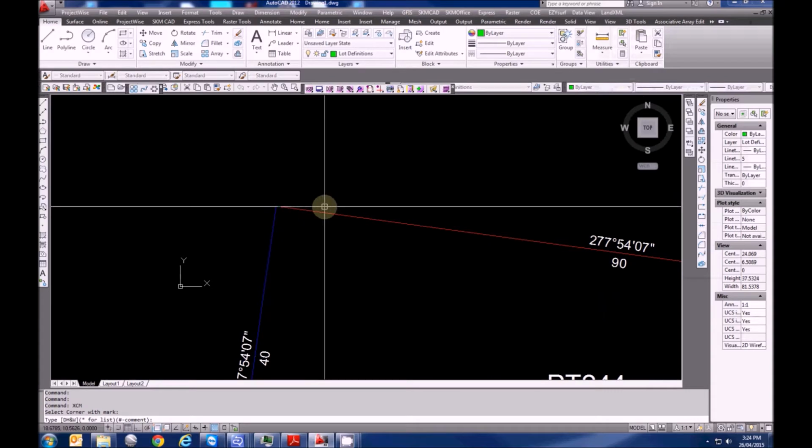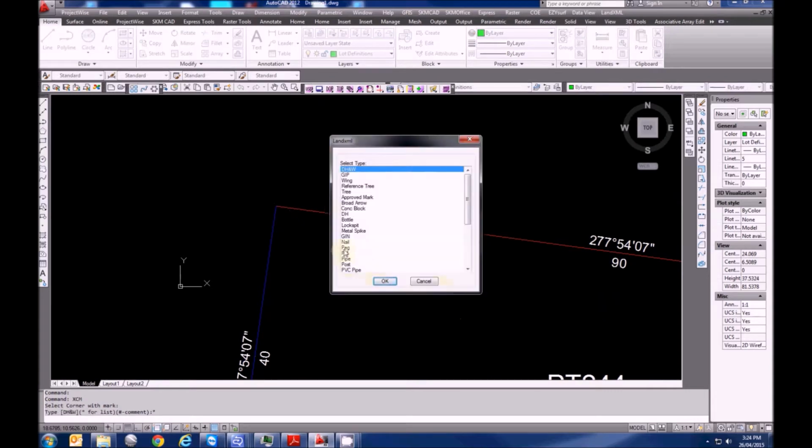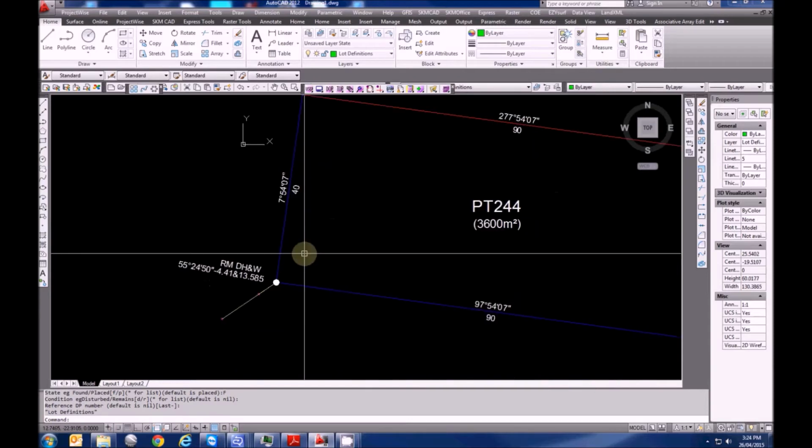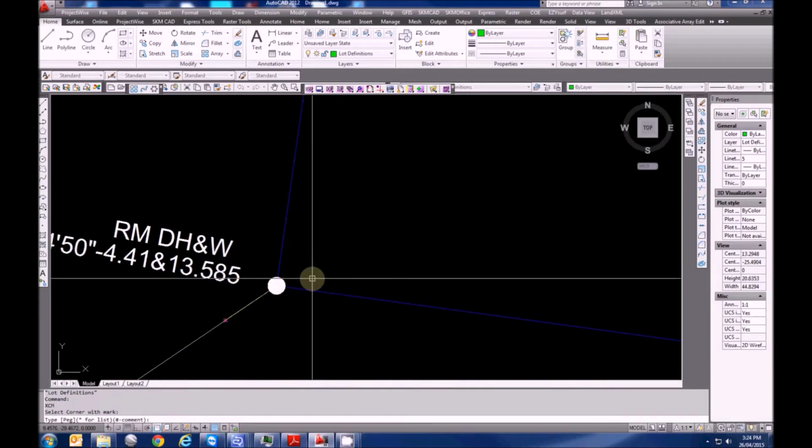There we go, and we're going to select a peg from the list. And we're going to say it was found, its condition is okay, and he hasn't actually listed a reference DP on here, so we'll just go with no DP. And he's done the same on this corner here, peg, left it found,